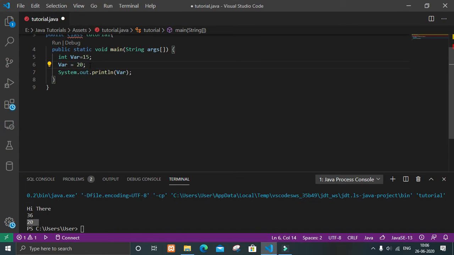But if you want that this value should not be changed, meaning no matter whatever values we give, it should never change, then we just have to give a keyword, that is Java's inbuilt keyword, final. So now if we run it, you can see we will get an error, because after declaring that it is the final value, we cannot give another value to it. Let me show you the error.